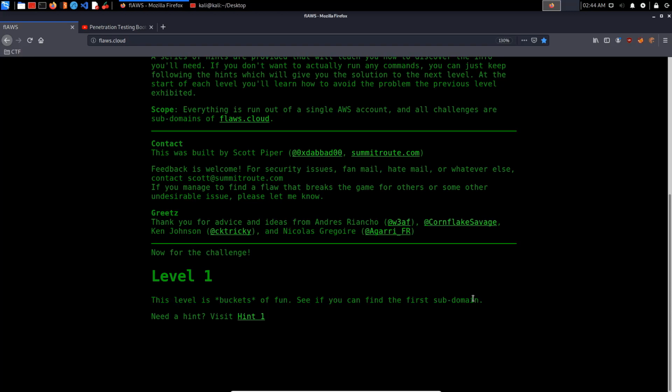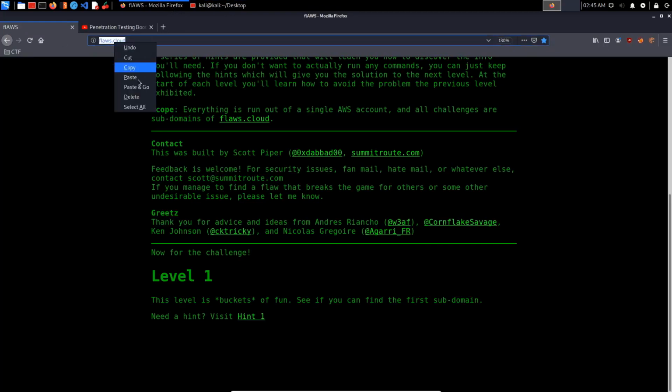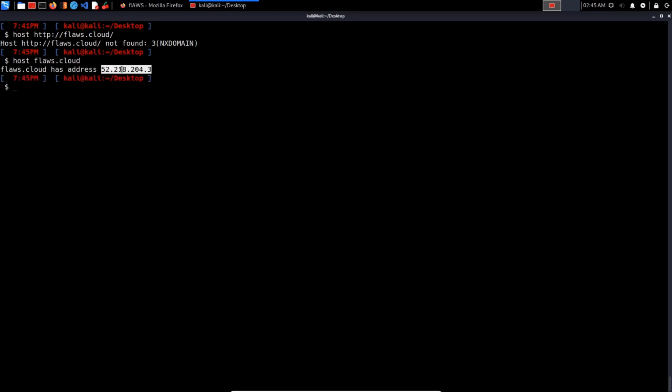So we're not going to be using the hints because I'll just take you through my own workflow, which I think actually works quite well. So let's get started, right? I'll open up my terminal. The first thing we want to do is just identify the IP address for this particular site, right? So we're just going to use the host command, and we'll paste in the URL there. My bad. Let's get rid of the HTTP there, and we just hit enter,